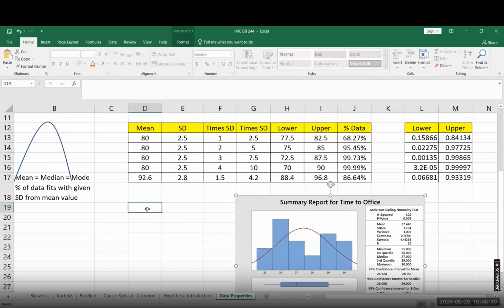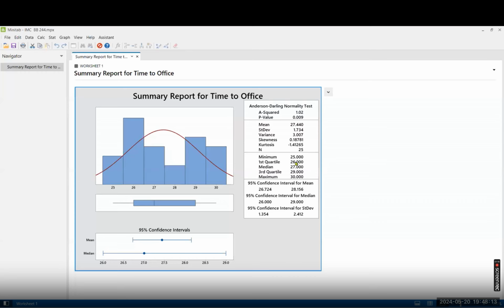Muneem, how is this data? So let's say I'll just copy this data value. You see here, the mean value is 27.44. Median value is 27. And actually there is no mode. So you can see these values are approximately the same, mean and median. And that's how this curve is coming, almost normal, but actually not normal because your p-value is less than 0.05.